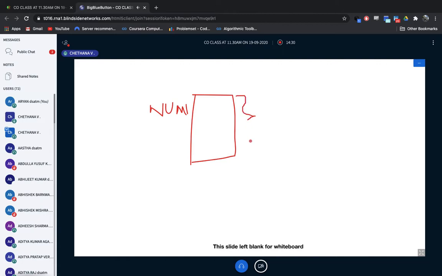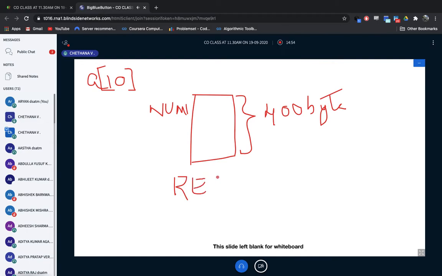This 400 bytes will be reserved for number 1. It's like an array. Suppose A of 10: you're going to allocate 10 bytes of space, right? In a similar manner, you're going to allocate 400 bytes for the number 1 variable. That is what reserve is. Please make a note of this. I hope you have understood reserve.